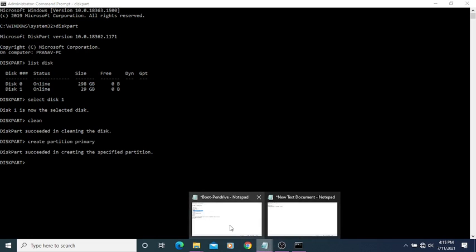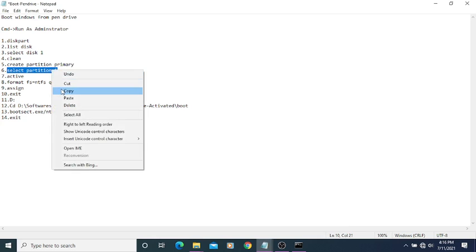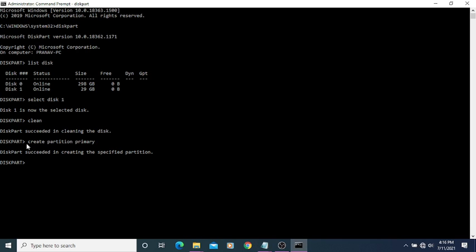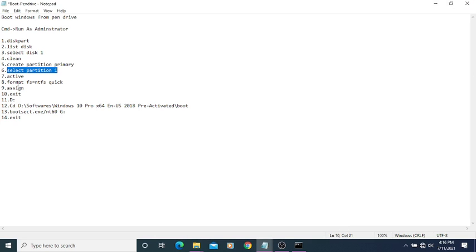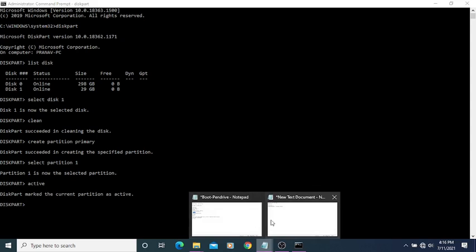This step is also done. Then we will go to select partition 1. Select partition 1, then enter. That is also done. After that, active. That is also successful.